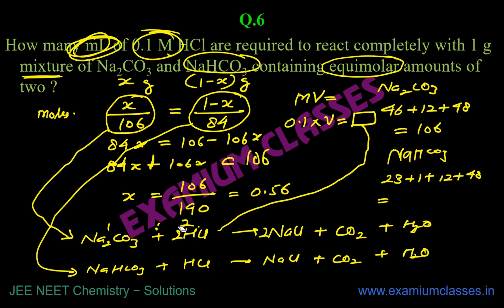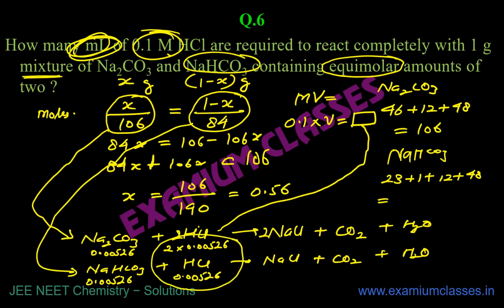1:2. So if I am using 0.00526 moles, here twice of 0.00526 moles will be used. This is equimolar, so here also you have 0.00526 moles present in the mixture. And here the ratio is 1:1. 1 mole of this one reacts with 1 mole of this one, meaning the same number of moles will be used, not twice. So I got the total number of moles of HCl consumed here, which obviously will be 3 times